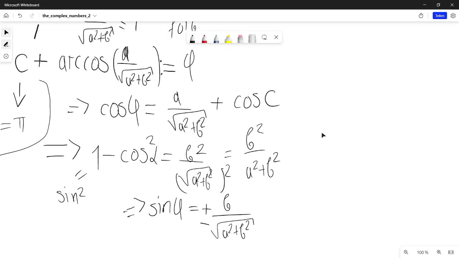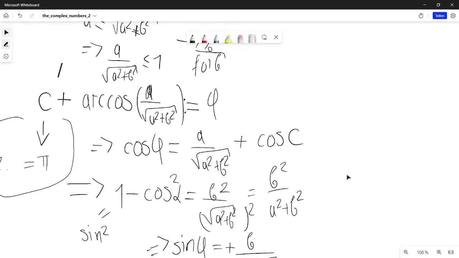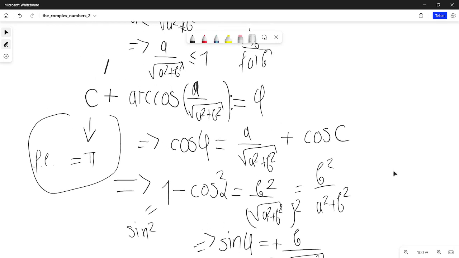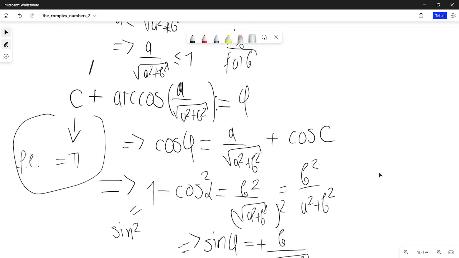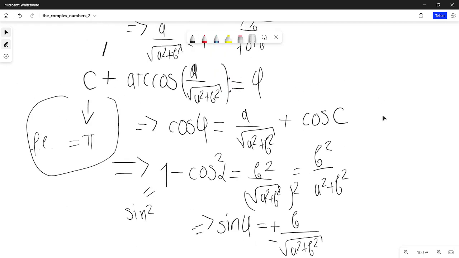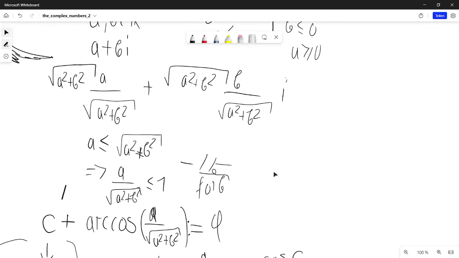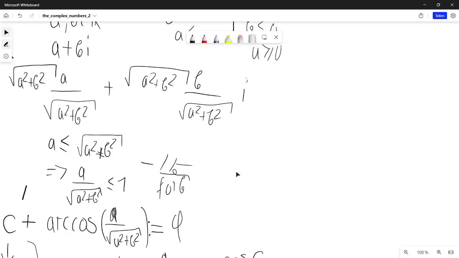But in total, it is just that, right? All right, and then that gives indeed the important thing is for some phi, it gives us